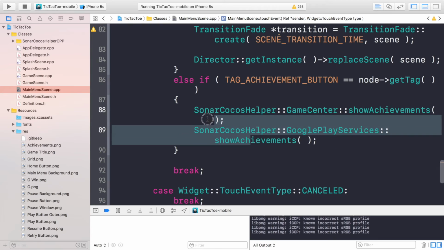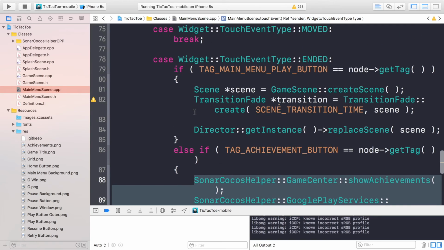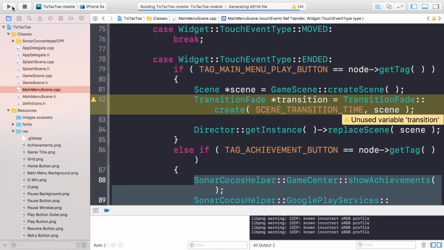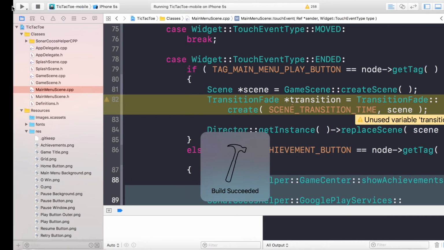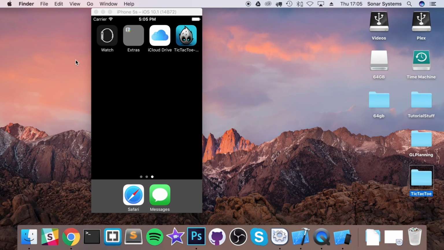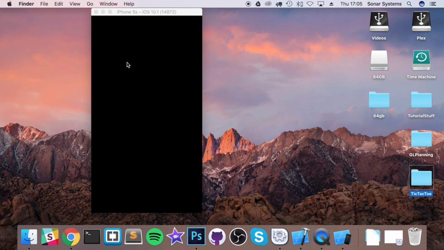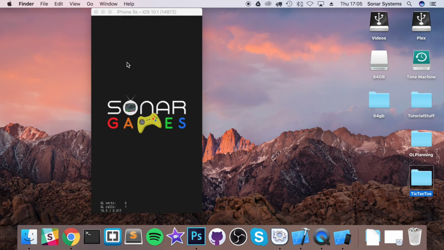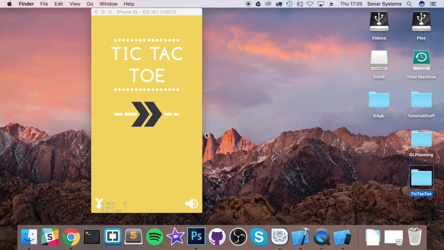So assuming you've got all of this set up, which we provided links to setting up Cocos helper in your project in the first video, if you've done that, fantastic, and this will just work out of the box. So if we click play, we will now be able to click our different buttons. So it's just successfully built our project. It's going to run it now in our simulator. Our splash scene will load up, transition to our main menu, and now if I were to click the play button,